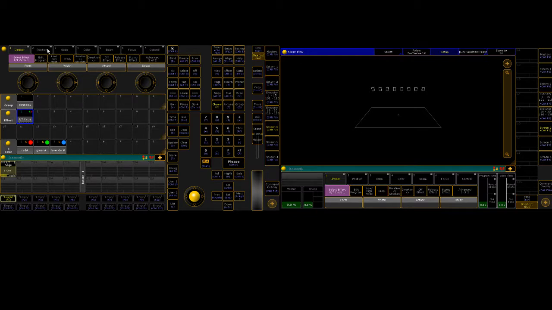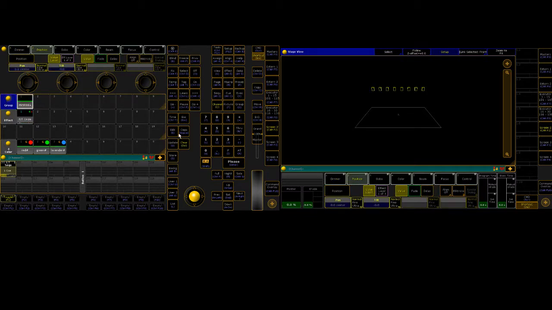Before we go, I'm going to show you how to create a position. So click on this, because remember we stored 101 through to 108, and we're just going to create a simple position. So go to full, Control F, or just press full, tilt it up like this. That's a nice one. But now we individually want to